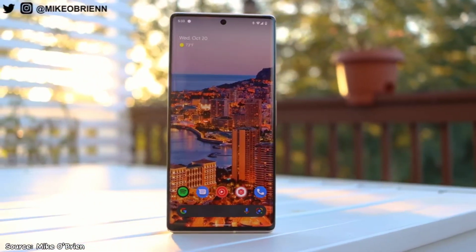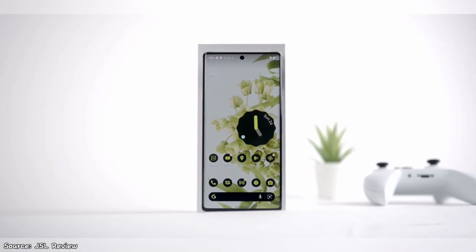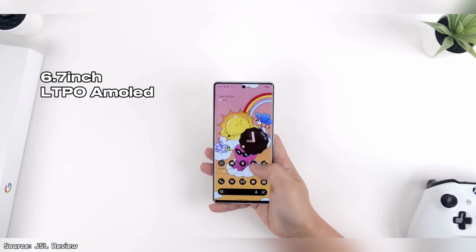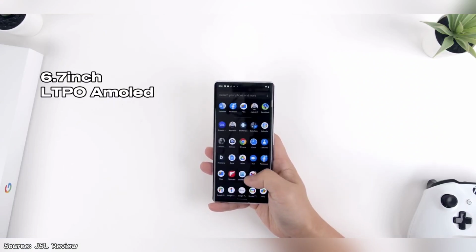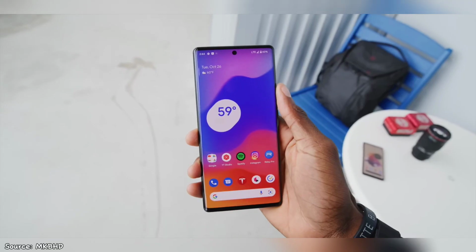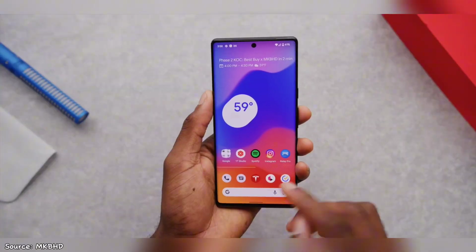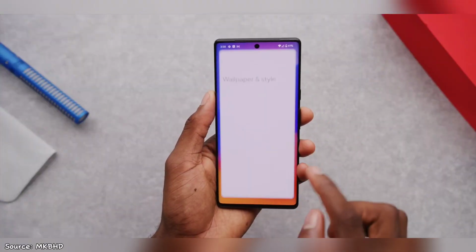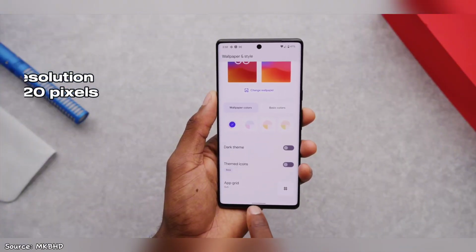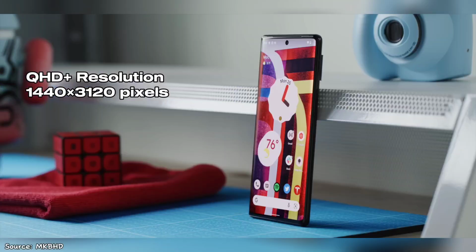Let's talk about it. Starting with the display, it's a really beautiful one. Sporting a 6.7-inch LTPO AMOLED screen, it is big enough for satisfactory media consumption and gaming. It also just looks good. The colors are not just vivid, they pop with deep blacks and vibrant hues, creating an immersive visual experience. And with a Quad HD Plus resolution of 1440 by 3120 pixels, you are also guaranteed a great